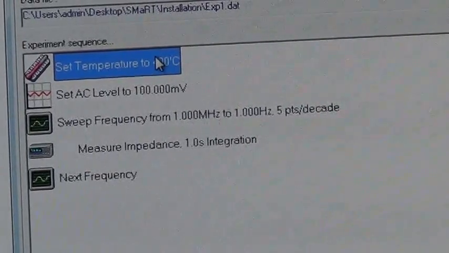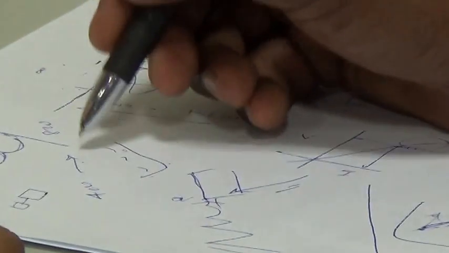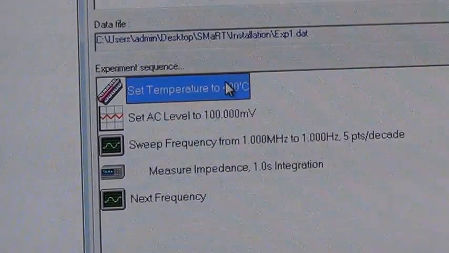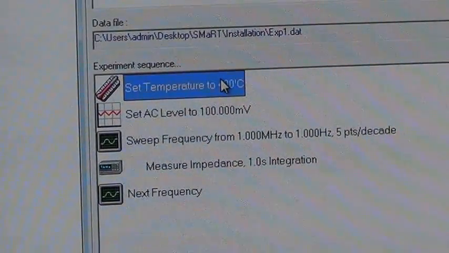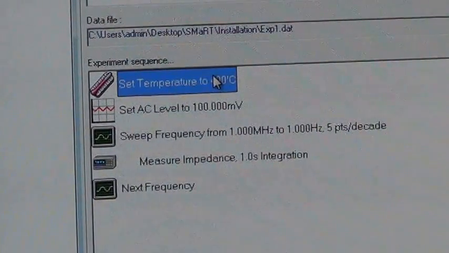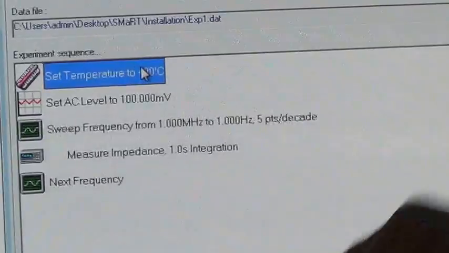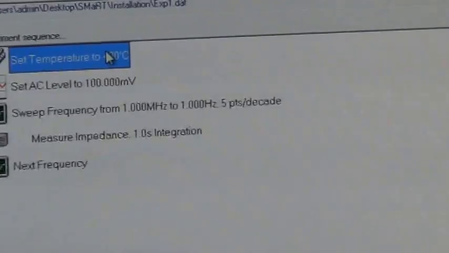Because always when the PID goes, it will overshoot and finally it gets stable. It will need some time to get stable. At a higher degree, if your sample is at 400 degree and suddenly it is increased to 800, then it needs some time to get stabilized, depending on your temperature controller, whatever it is. So always use some time delay before measurement. Once it reaches 800, it may go to 810, then come back to 790, then it gets stable. 15 minutes, 20 minutes is a typical time. It depends on the furnace. Once it is stable, it will go to the next measurement. So that will be useful here.